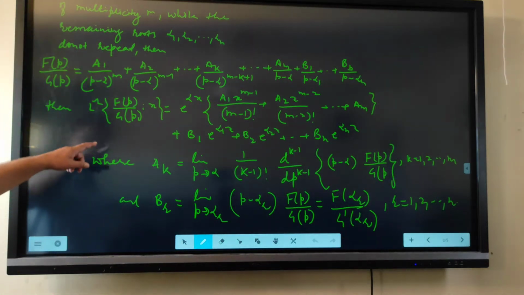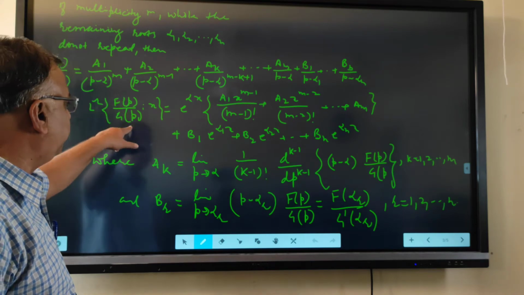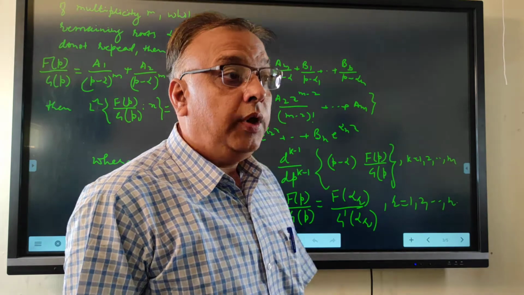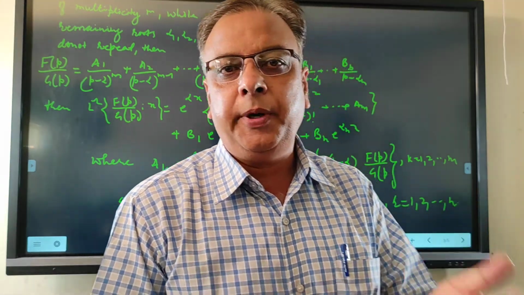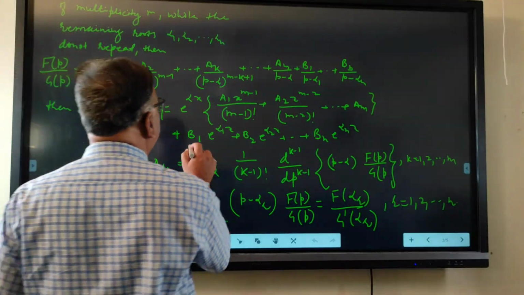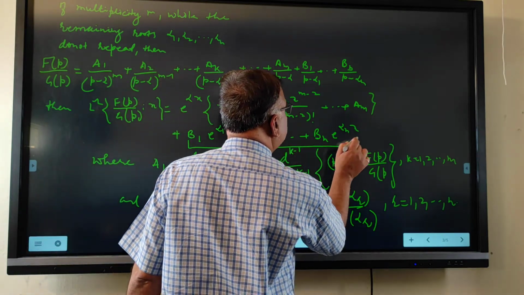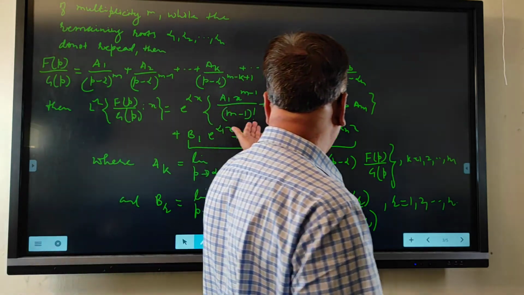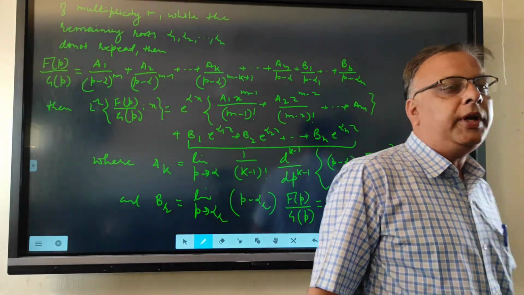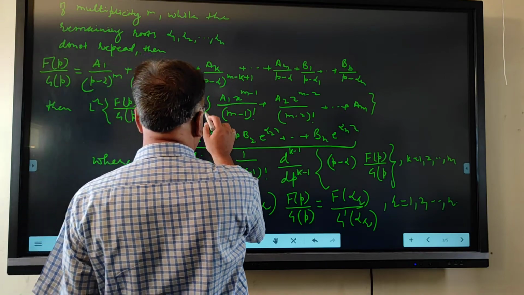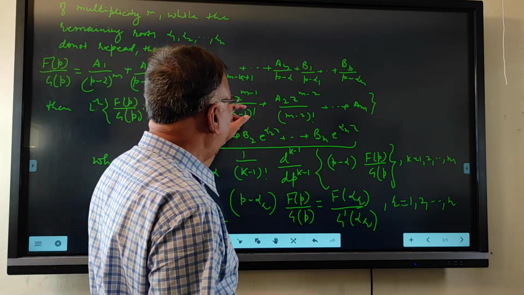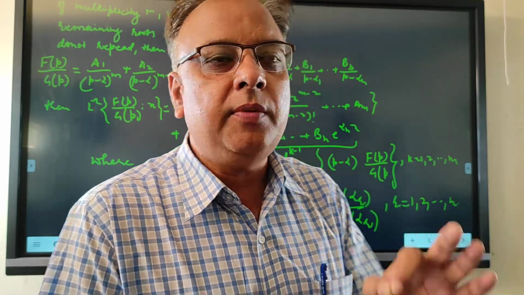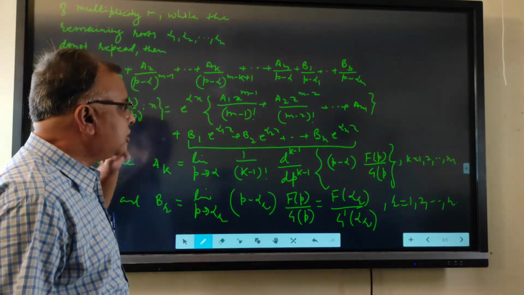We get the solution as the inverse Laplace transformation of P upon Q of p. In this problem we have both repeated and non-repeated roots. This part is for non-repeated roots, where alpha 1, alpha 2, alpha n are the non-repeated roots, and here alpha is a root which has repeated nature of multiplicity n. So we will use this formula.